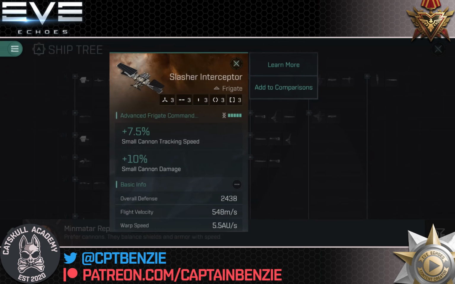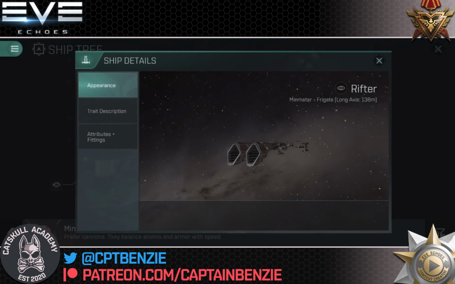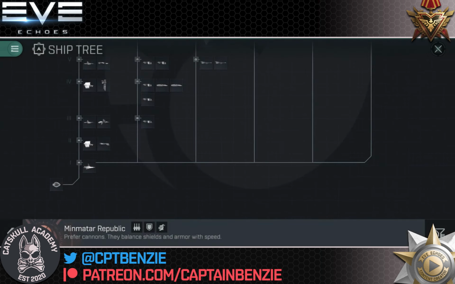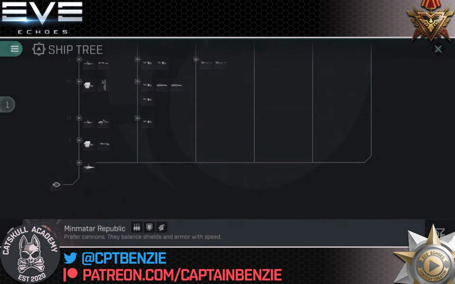So if you then train Advanced Frigate Command to 5, you'd get a 50% small cannon damage boost there. And so that's basically how you read through the ship details there. This will give you an idea of what this ship can do and how it compares. And speaking of comparisons, once you're on the tree here, you can actually tap on Add Comparisons, and you see